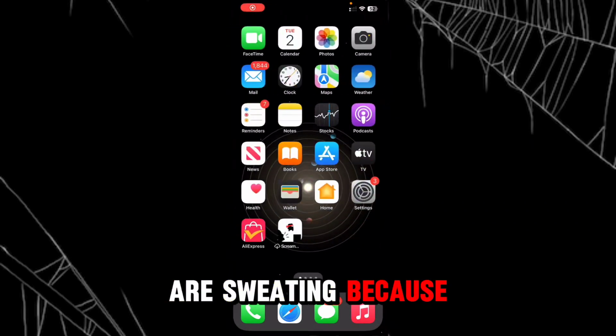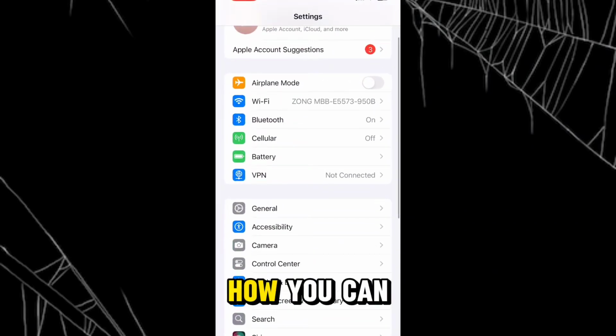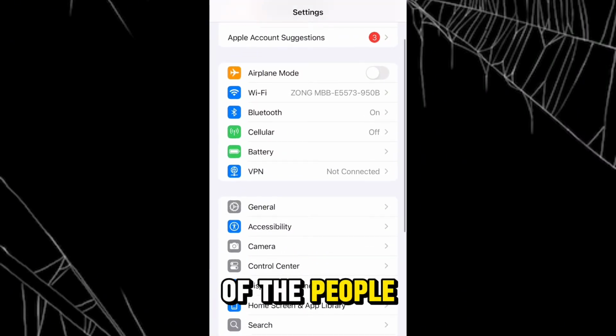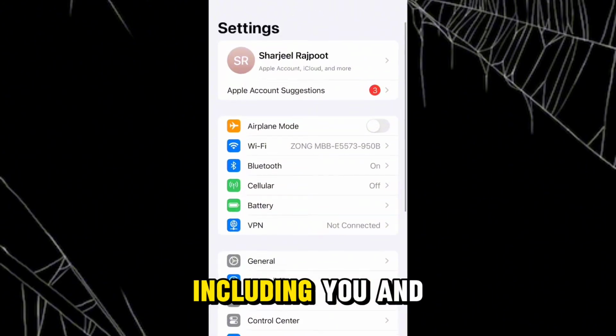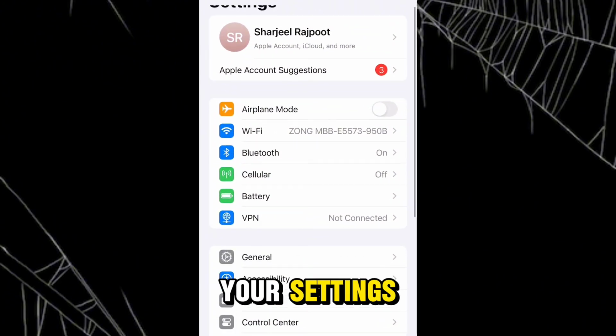I know you are sweating because in this video I'm going to reveal a trick and you'll be able to know how you can see your Wi-Fi search history. It will show you all the history of the people who are connected to your Wi-Fi, including you and all the home members. So first of all, you have to open up your settings,